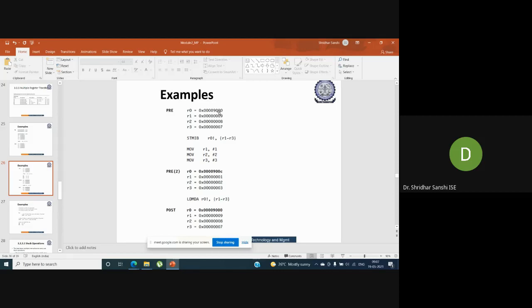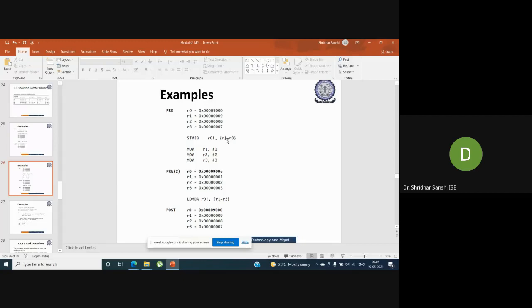R0 is 9000, so you add plus 4 here. The address will become 9004. In that particular address we are storing the content of R1, since it is a store instruction.